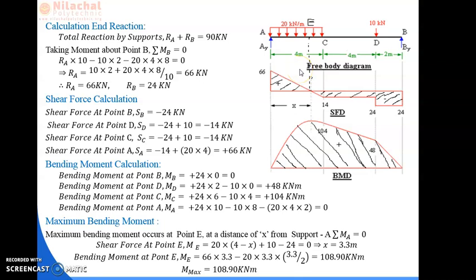Again we have to take the concept of taking moment about B is 0. Now at A point there is an RA force, so the distance will be 4 plus 4 into 2 plus 2, that is 10 meters. So RA into 10, that is positive. There is a 10 kN load at a distance of 2 meters. Moment will be minus 10 into 2. Another will be equal to 20 into 4 into